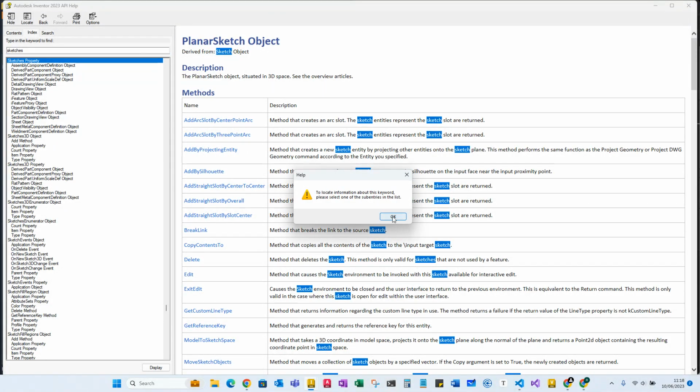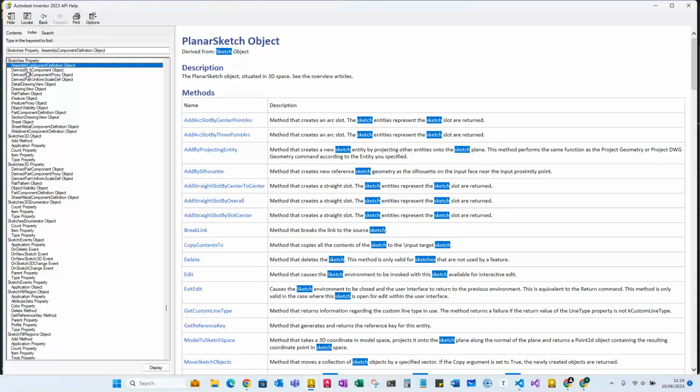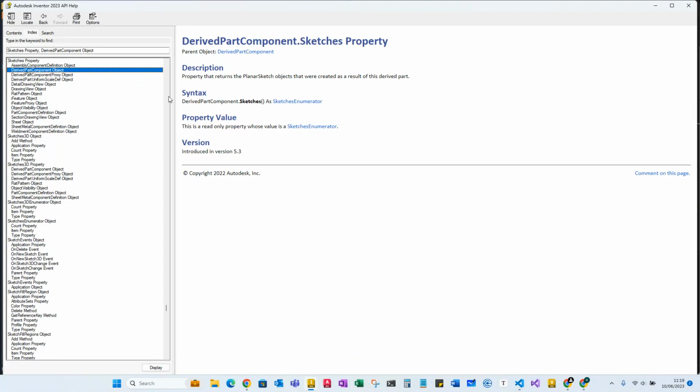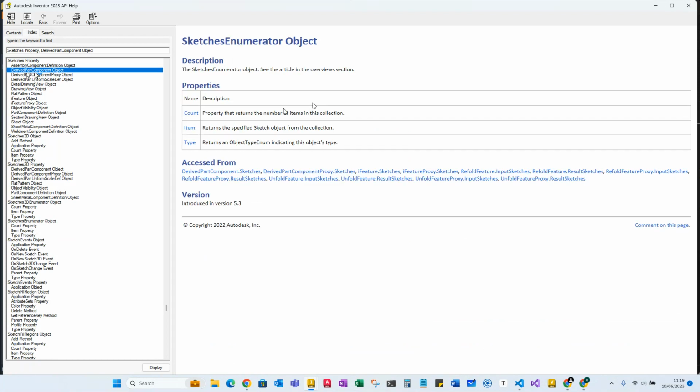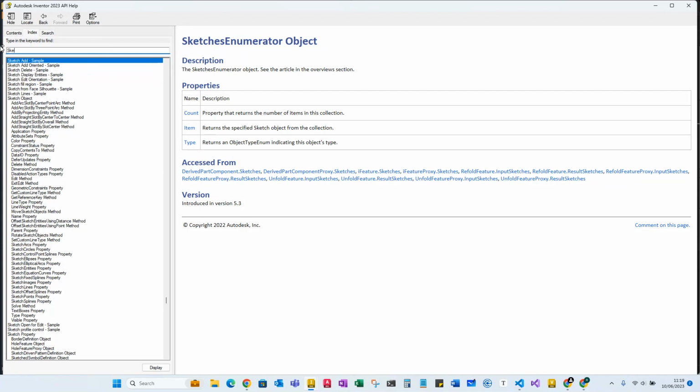Derived part component object, derived part component proxy object. Let's look into part component object. Sketches enumerator, no, that's not what I'm looking for. I'm not sure if there is a collection called sketches. We just saw there was one. I'm specifically looking for